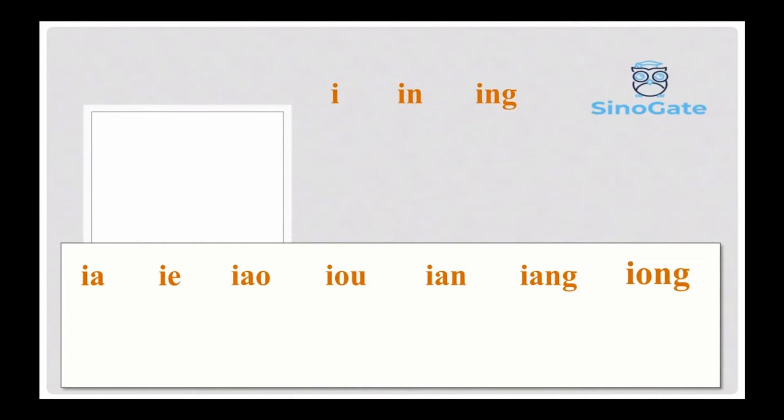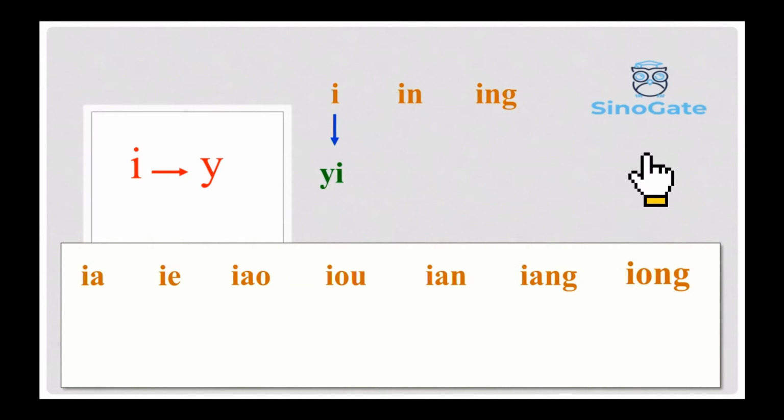In order to have a complete and standard structure of the pinyin, this is what we do. We change the I to the letter Y, but the pronunciation is still I. This is what we call the big I. This Y has two functions. First, it contains the pronunciation of the original one, I, and second, it also functions as the initial. So in this case, you can see here, yi, yin, and ying. For the written form,